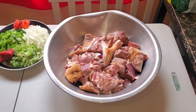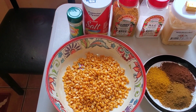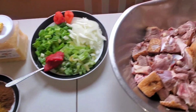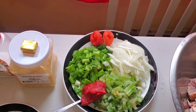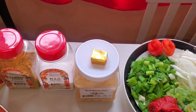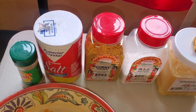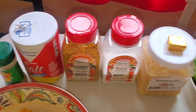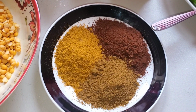Today we are going to prepare some duck curry and some dal and rice. What we're going to use here for the duck curry is the cut onion, the scallion, pepper, celery. We have garlic, ground garlic, ajinomoto, the curry powder, salt, and the dash seasoning. We have here the masala, the grind masala and the grind jeera,